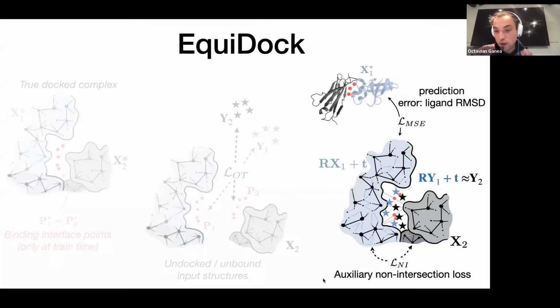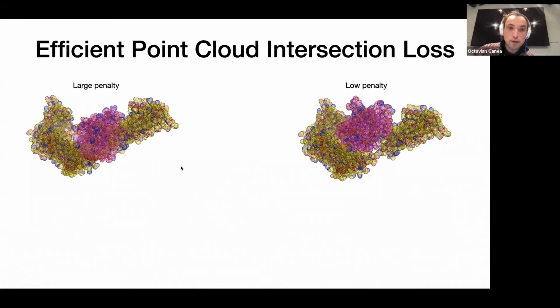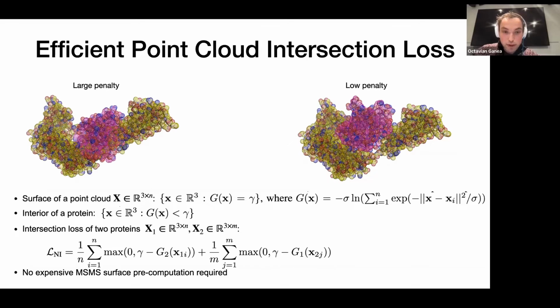So we sometimes see that we have a little bit of intersections. So let me get into that. What happens is that we want to give a large penalty to point clouds that intersect, and a low penalty to point clouds that are tangent or are non-intersecting. And the way we do it is that we build this very efficient loss function, which is shown here to prevent intersections. Just intuitively, there is quite a bit of math here, but intuitively, around